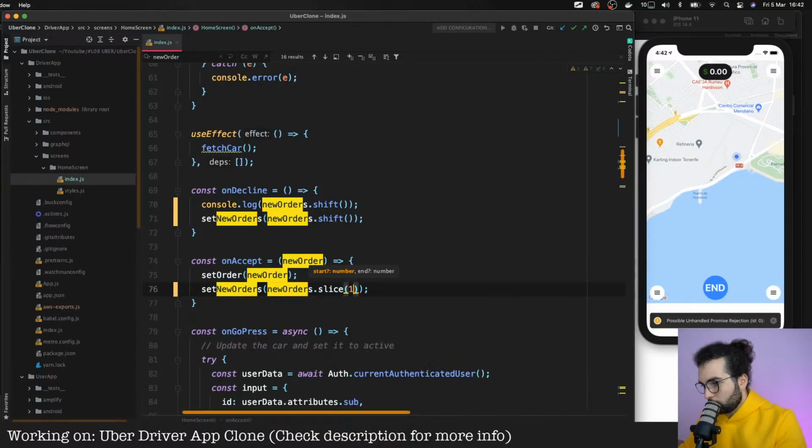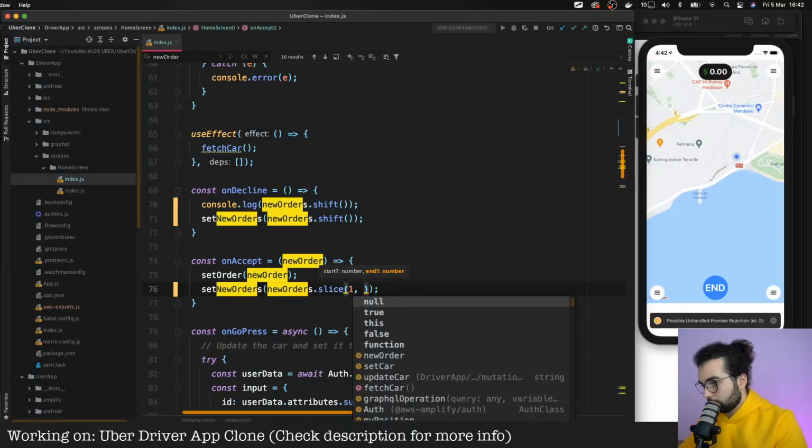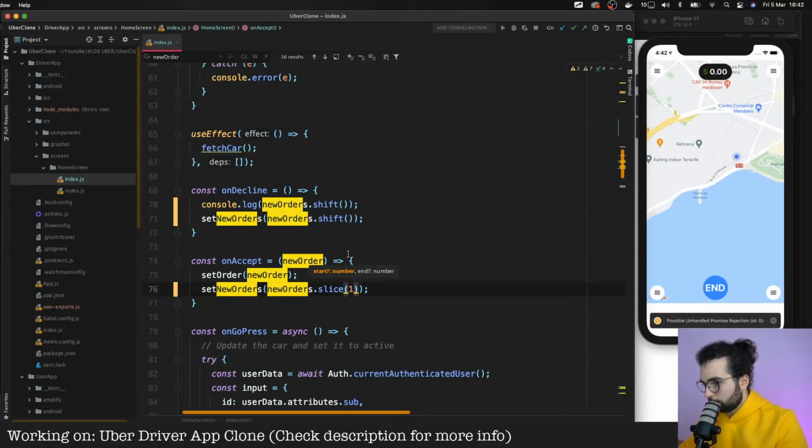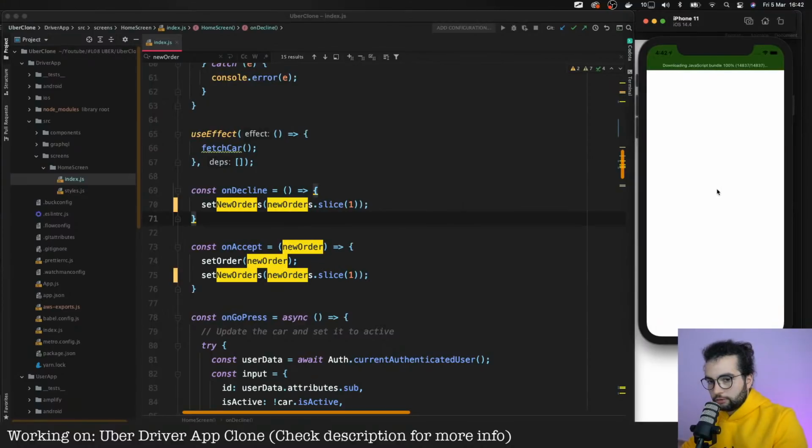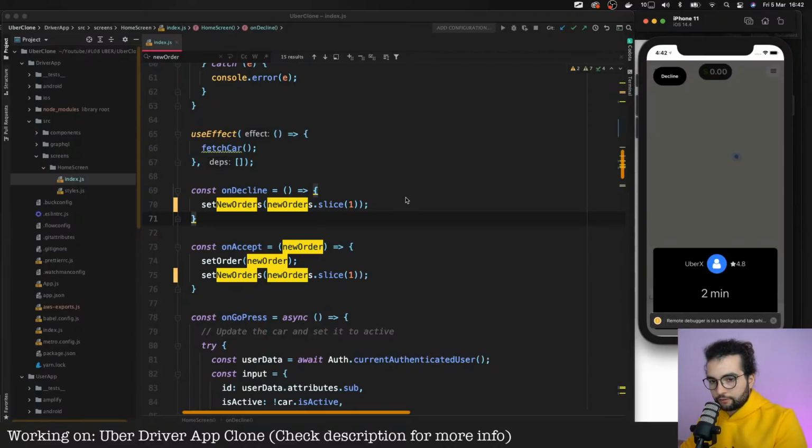Start at position 1 and end at position. If you don't put an end, oh, that's on accept, but I will do the same here. Slice and position 1. Refresh. Come on. And here, if we decline, now we see the next order.